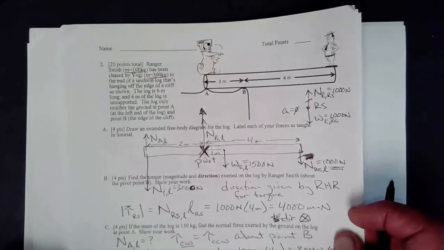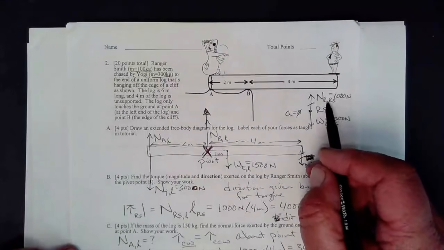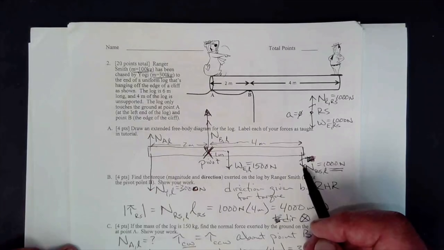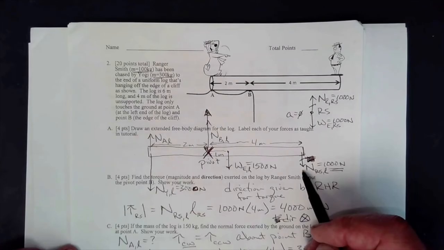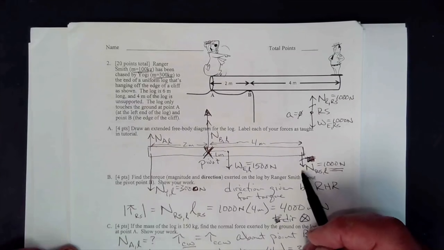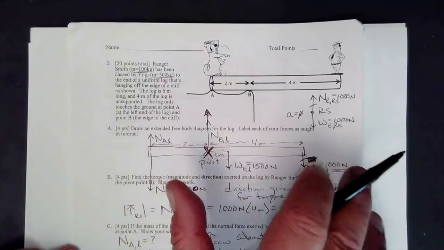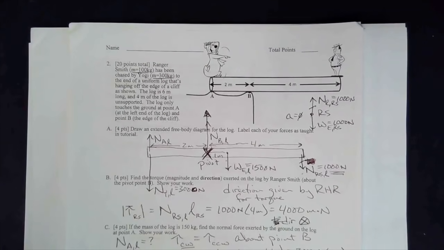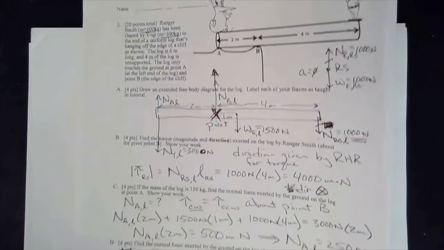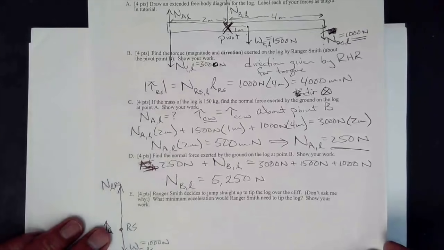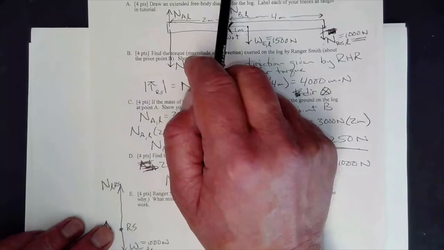if the force up on Ranger Smith by the log gets bigger, then the force down on the log by Ranger Smith gets bigger. And if this force gets big enough, we can cause the whole thing to rotate. Now, what does it mean to actually tip? Well, this thing is going to tip when that contact point at A